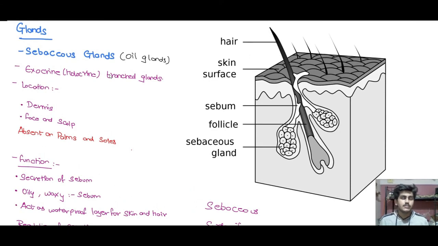So now moving ahead, we have the glands, which are another important part of the appendages of the skin. In the glands, we have two types of glands, the oil glands and the sweat glands. Oil glands we call sebaceous glands, and the sweat glands we call sudoriferous glands. The oil glands are a type of exocrine gland which are branched in nature. And these sebaceous glands are mostly present in the region of the papillary dermis,